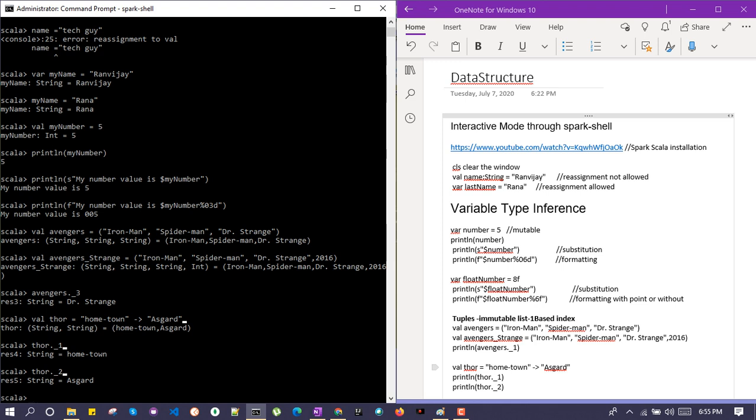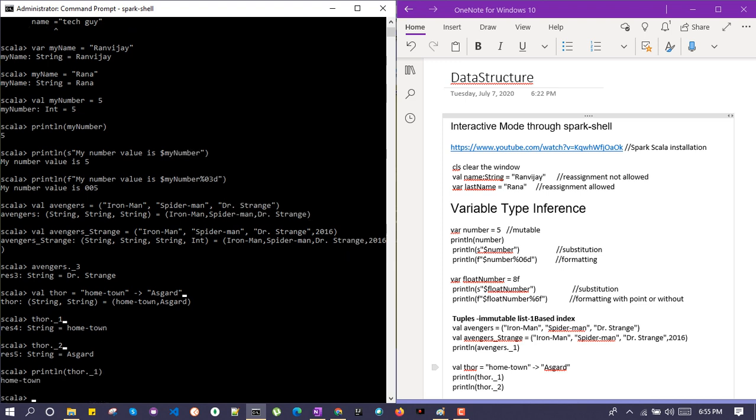And you can also execute inside the println. Since we are executing in Scala interactive mode, we can directly see the corresponding value for that variable. So if you want to display with the help of println, go with the println, right? Thor dot underscore 1, and you will see its corresponding value displayed. Moving on,